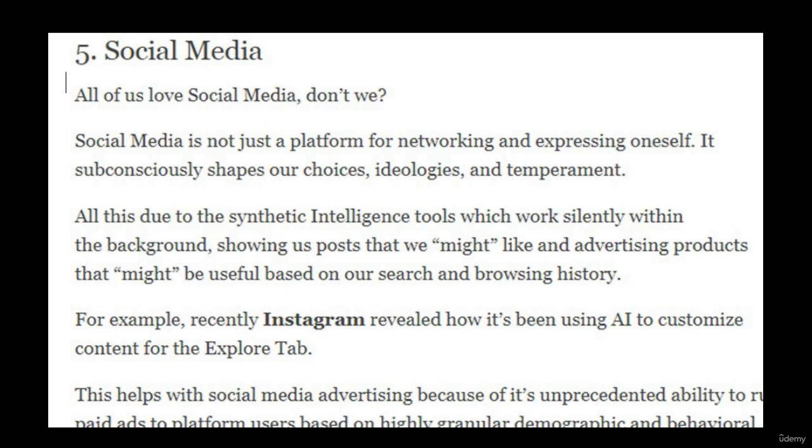Social media. All of us love social media. Social media is not just a platform for networking, it also shapes our choices and ideologies, all due to intelligent tools which work silently in the background. When we talk about the impact of social media, if you were using social media five or more years ago, when you searched anything on Google, Facebook or YouTube, you did not know anything about how it worked. After implementing AI, when you search any area or any topic,